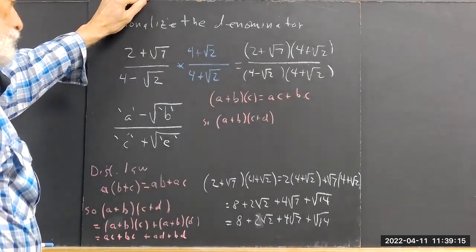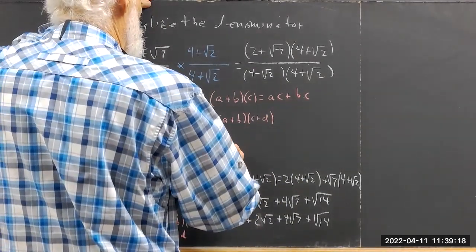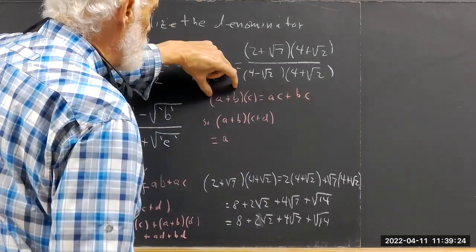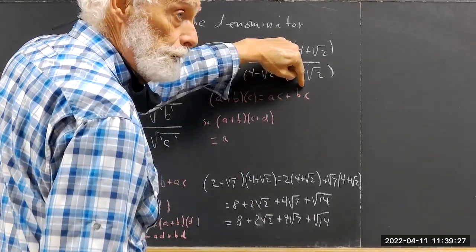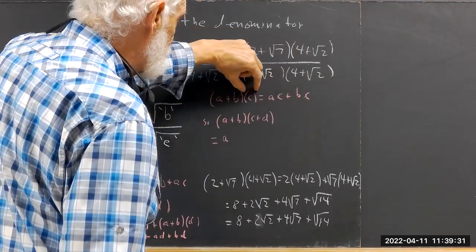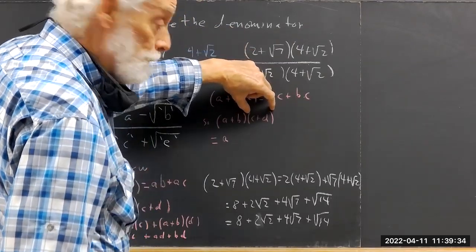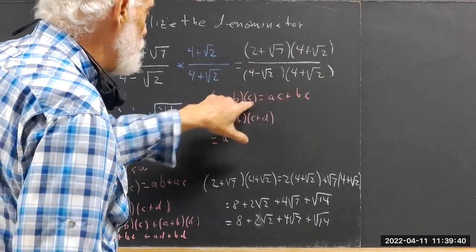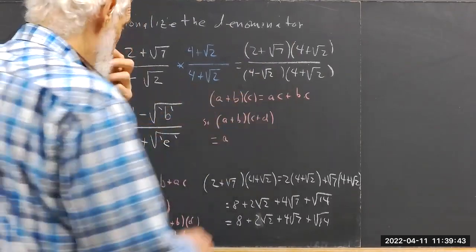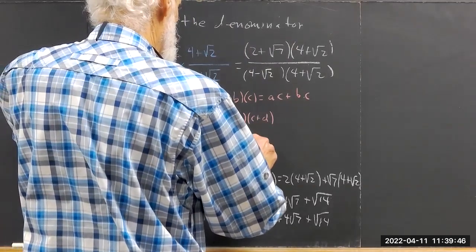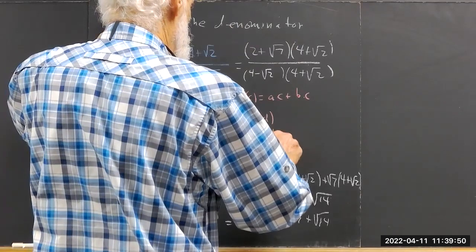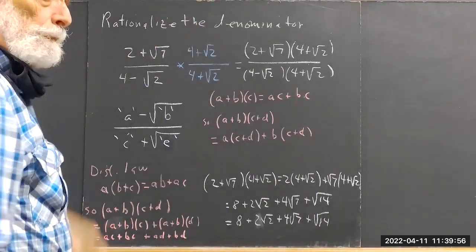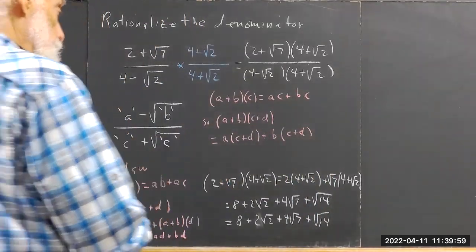A plus B times C plus D would be equal to, well, if A plus B times C is AC plus BC, then if instead of C, I've got a C plus D over here, and the A plus B over here, then instead of A times C, we're going to multiply A times C plus D. And then we're going to multiply B times C plus D. Okay? And that then is equal to